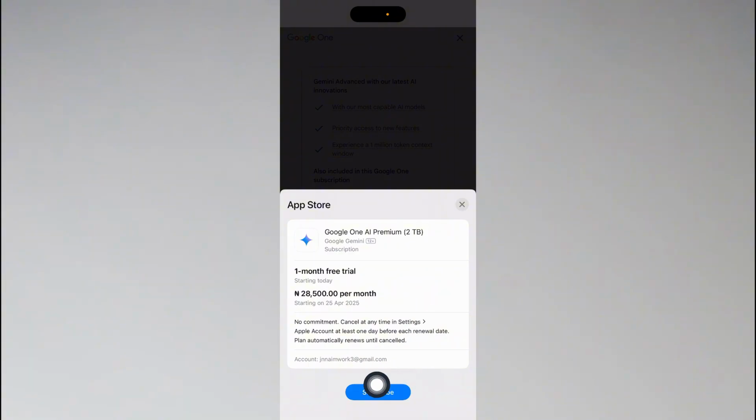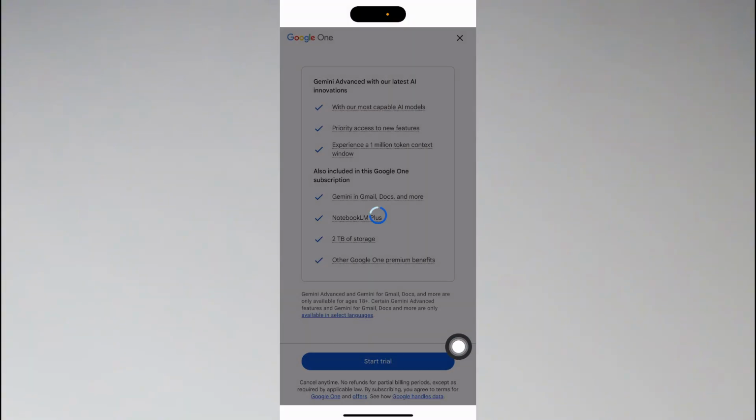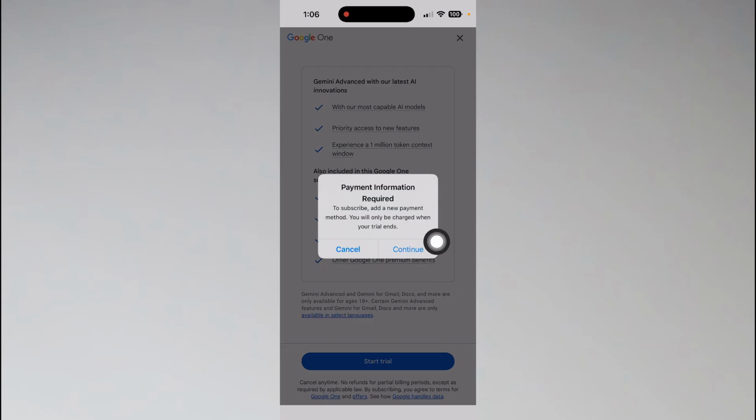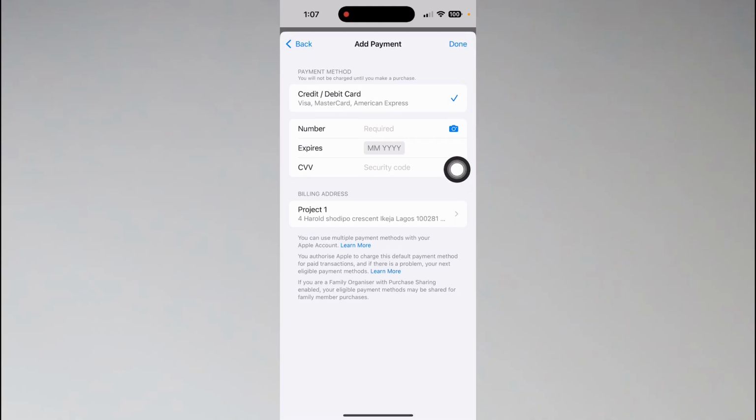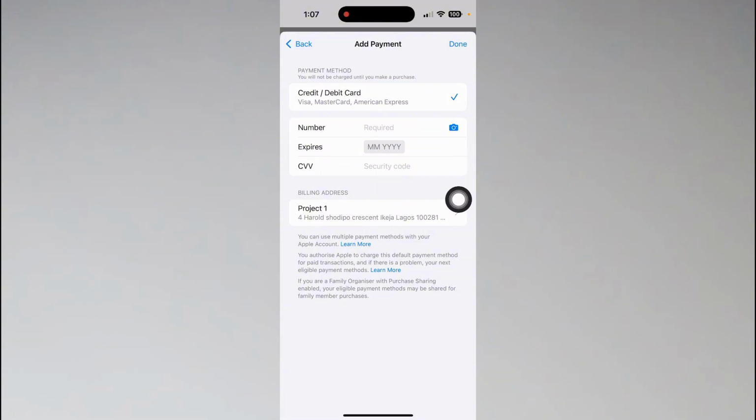And here you have to tap on the Subscribe button. Then tap on this Continue button here. After that you will find this pop-up section where you can see that data is loading. You have to enter your card details like your cardholder name, expiry date and CVV number. Or if you have already added a payment method, your credit card or debit card, then it will just ask you to add that payment card. After adding that you just need to tap on Done, then it will subscribe to Gemini Advanced,